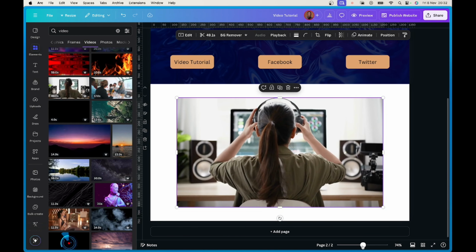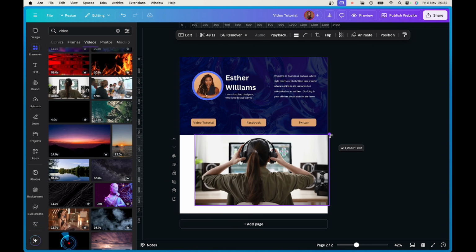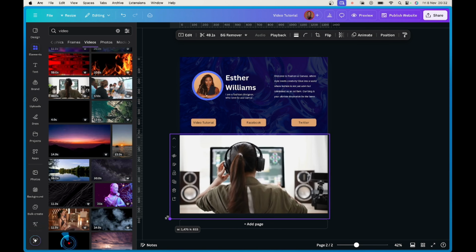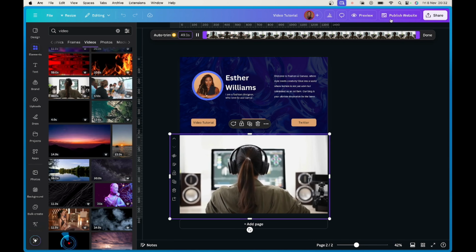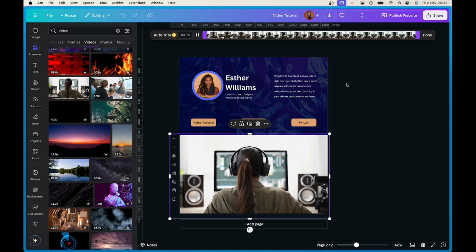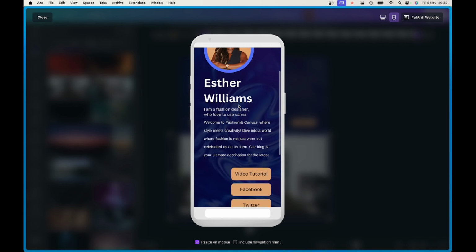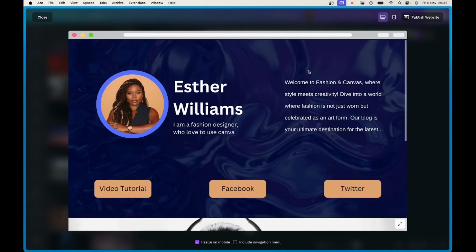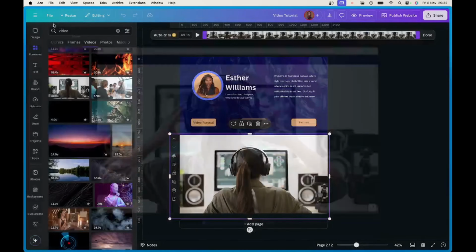Now I'm zooming out so that we can have a full view of it, and I can scale this out to fill the screen area completely. So now when we go to preview, we don't only have the description at the top and the buttons, then next we'll see a video. How cool is that? That's so cool. So we can see it here, and we can go on and on and on like that and add more